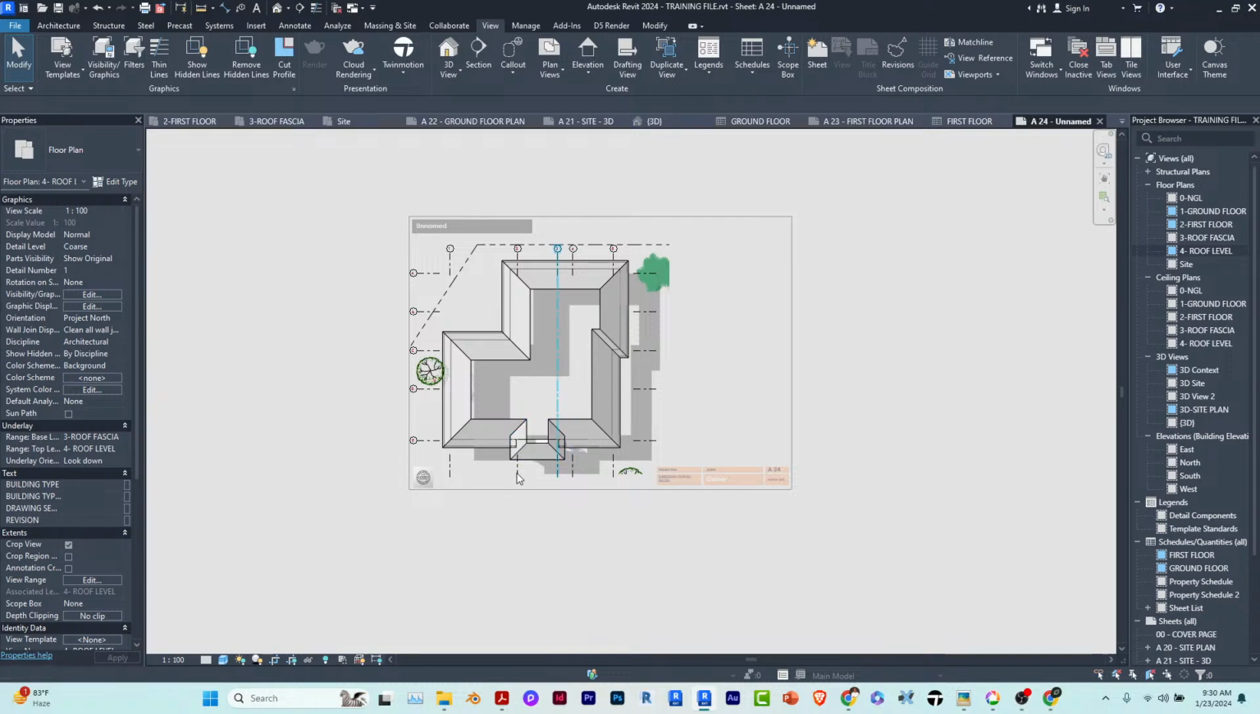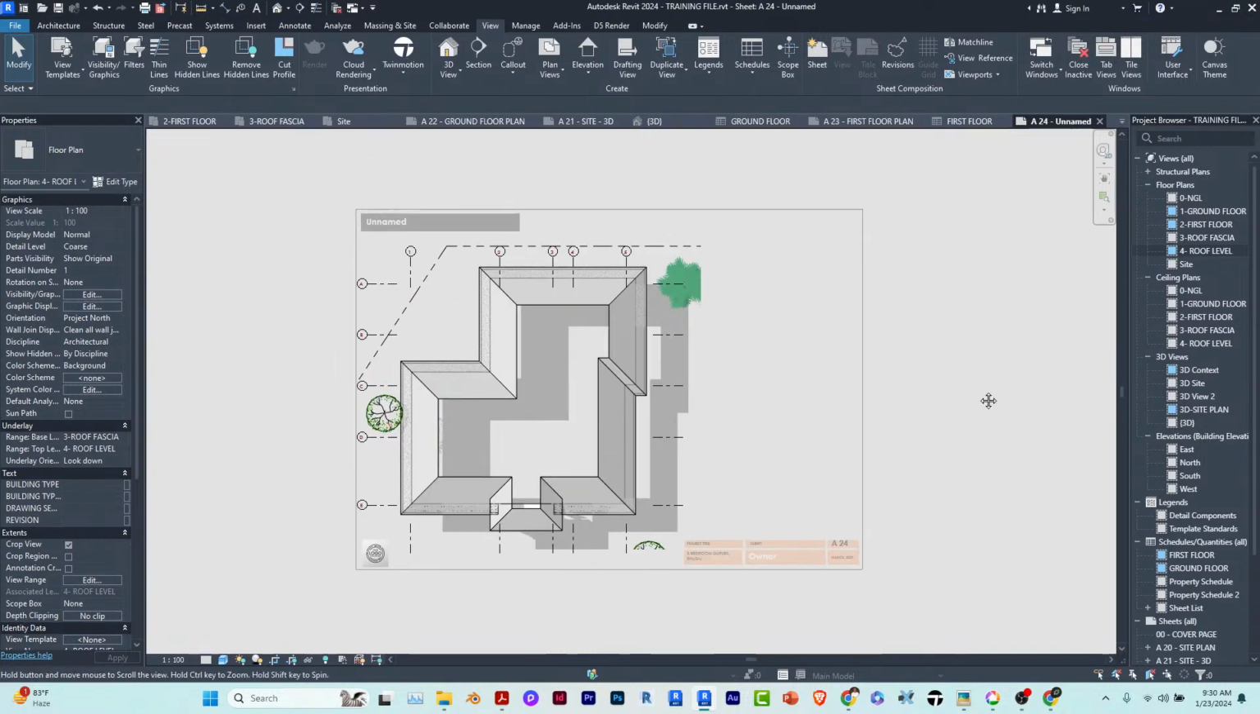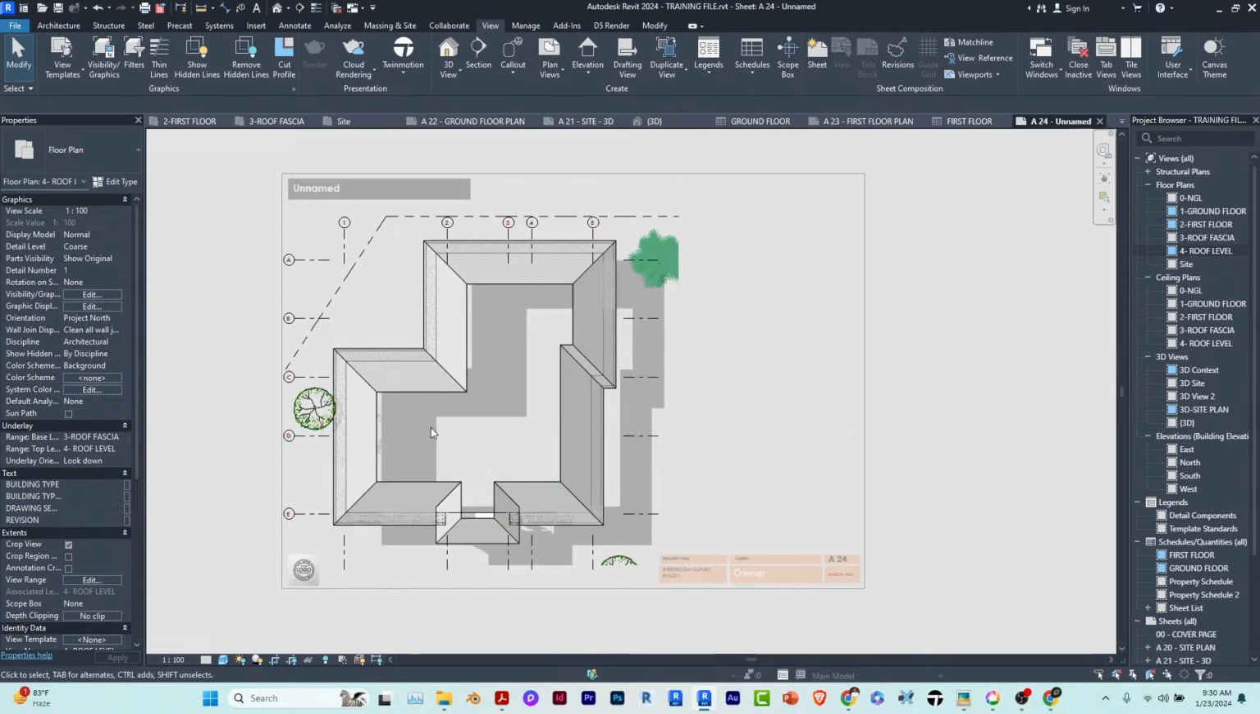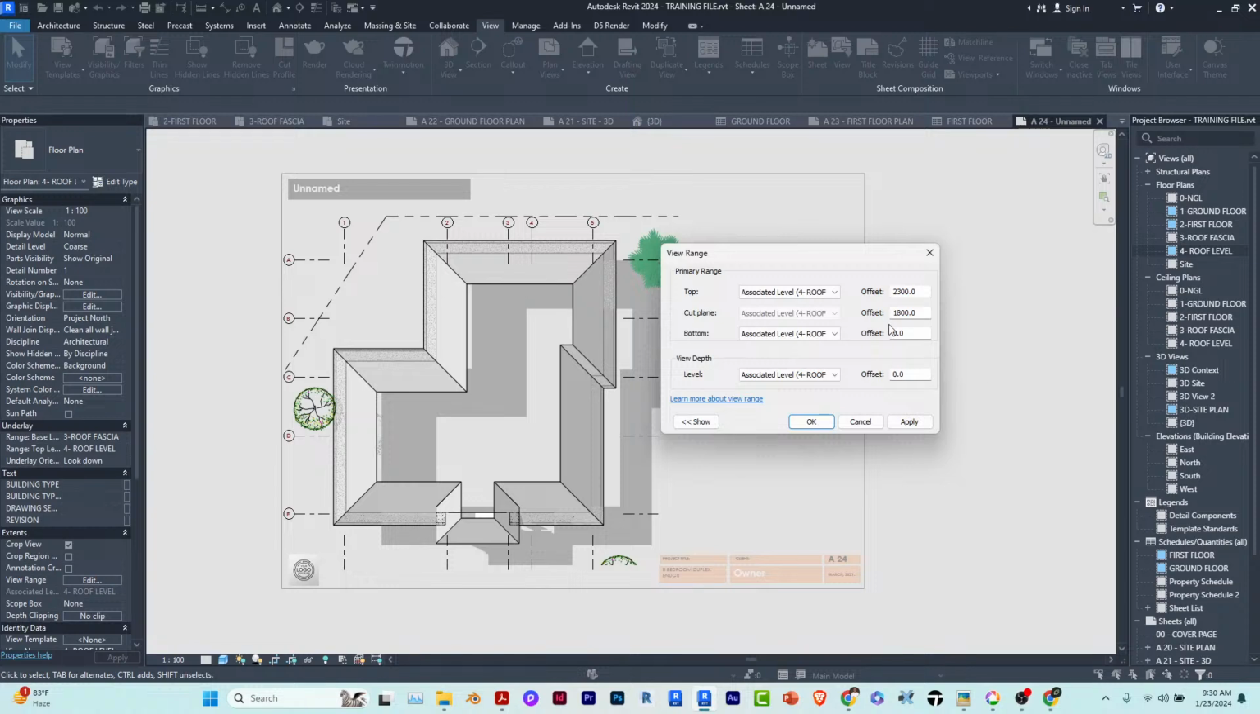All I need to do here, because we're sharing knowledge, is go through this. When I apply a view template, each view template has a particular level it cuts the plan at. Because it has cut the plan at this level, you can see the roof is not showing, which is not what we want. So under extent, you go to view range here on the left. Under view range, click on edit. The cut plane here is at 1.8 and the top is at 2.3. Because it's a roof, we need it high above. So I'm going to leave this at maybe 6,000, and then